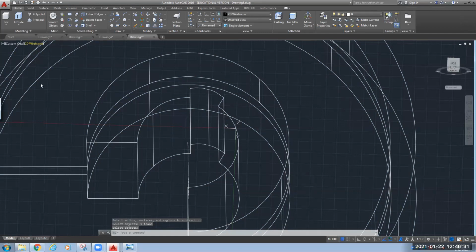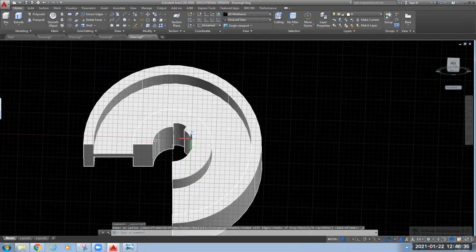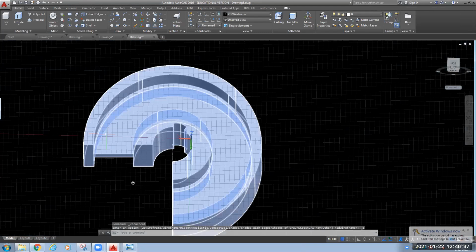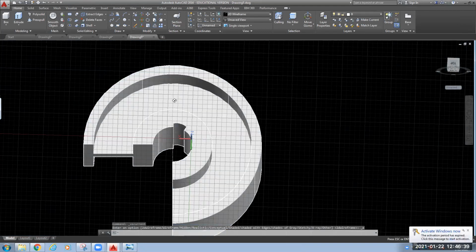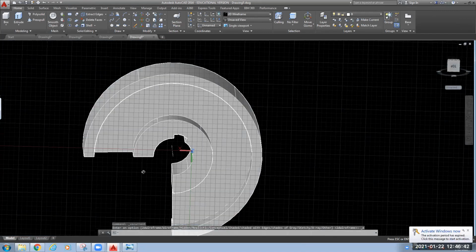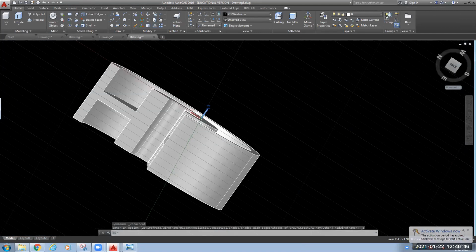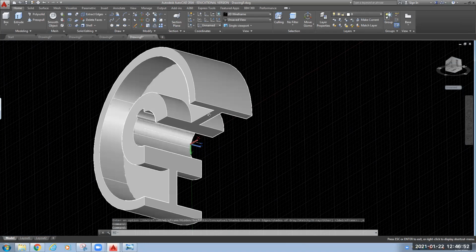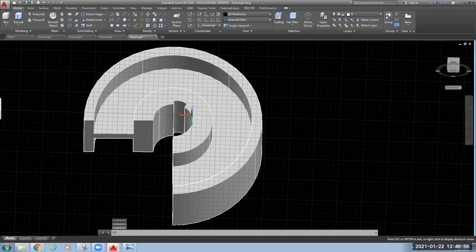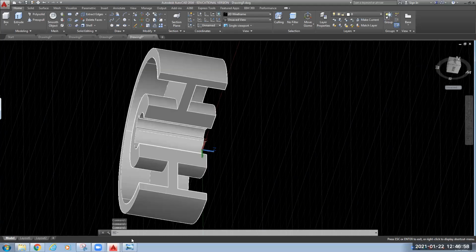And now you can switch to your realistic view to see that the cut slot is now made. This is how you can make a cut slot. And this is your pulley that we were looking to draw. So like this, you have to switch between different commands. You have to use all the commands that you have learned till now, and you can draw different components.